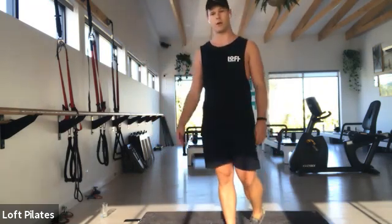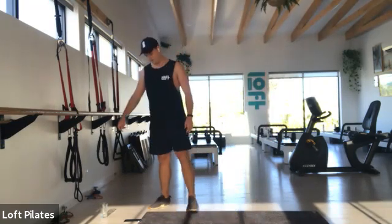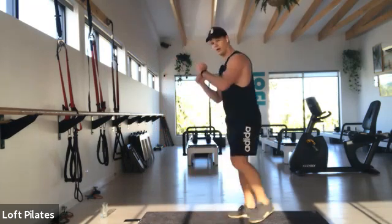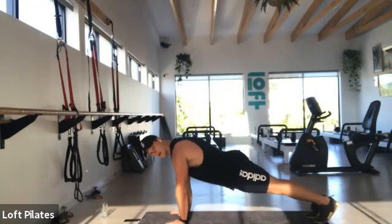Good. Slow your breathing rate. Try and get that heart rate under control during this one. It'll burn for the quads, but it's not throwing your breathing up too hard. 2, 1. And rest. Okay, again, we're on our planks, so either hands or elbows, staying no harbor bridge, so